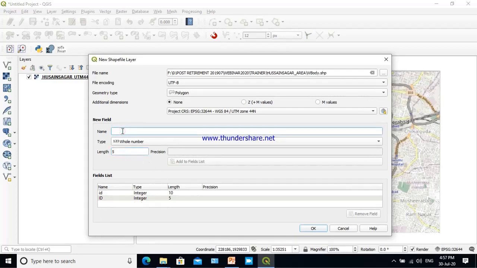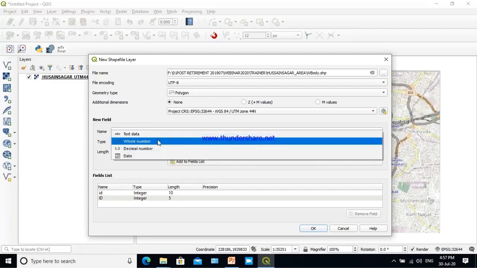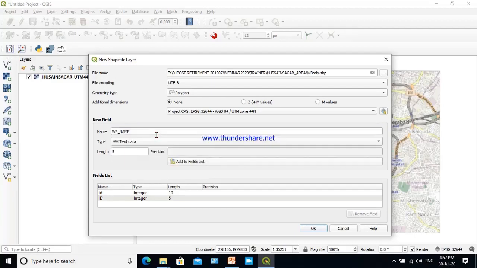Now the second field is water body name. This is text type of data. Here 50 characters will be accommodated, and add it to this field list. So these two fields with these data types and character lengths will be available at the time of digitization.